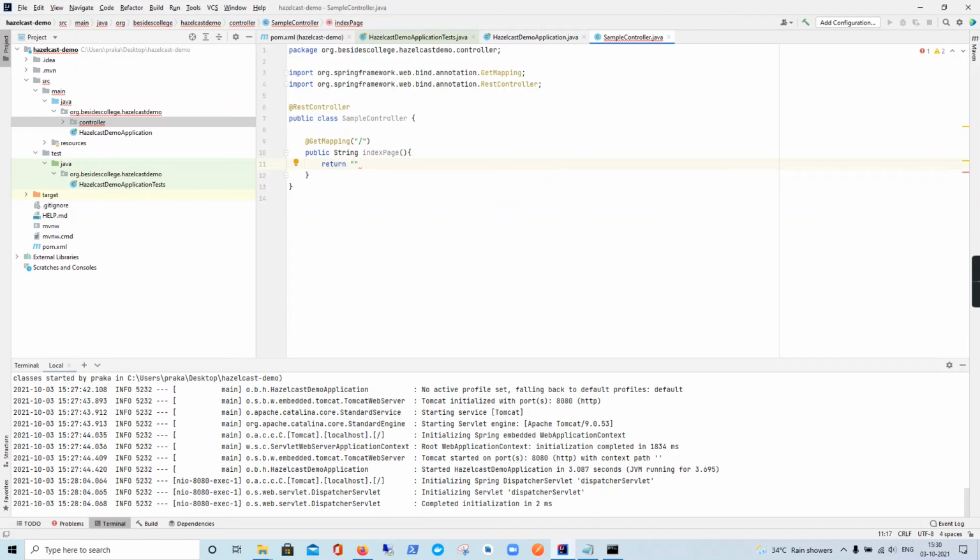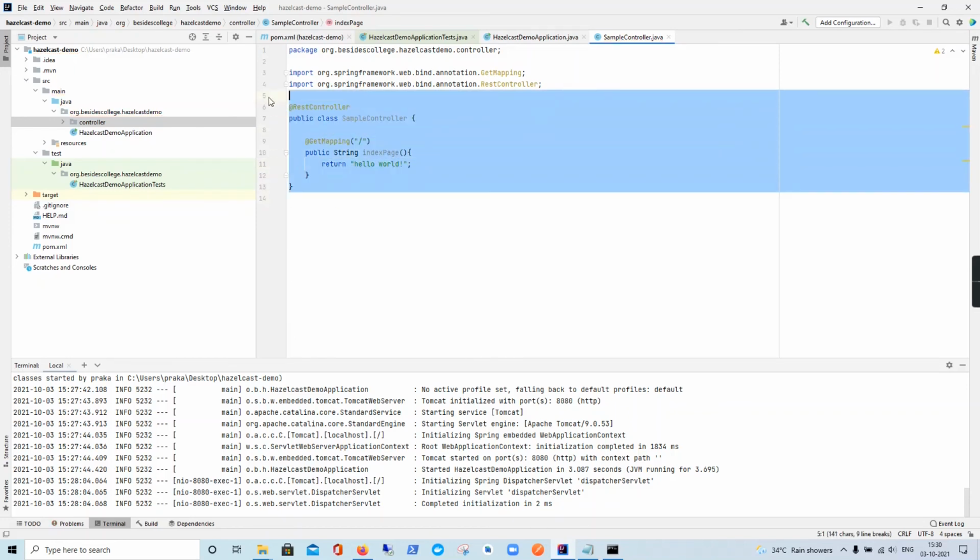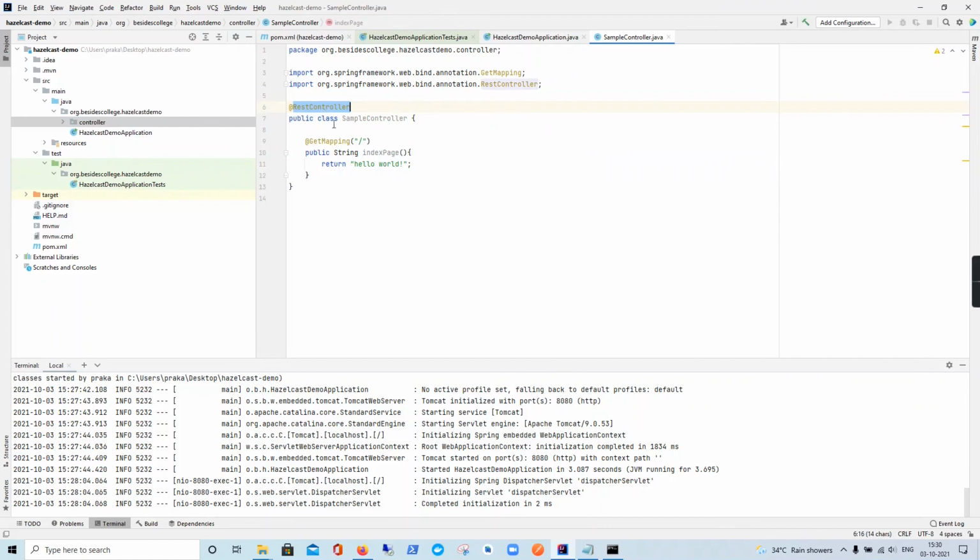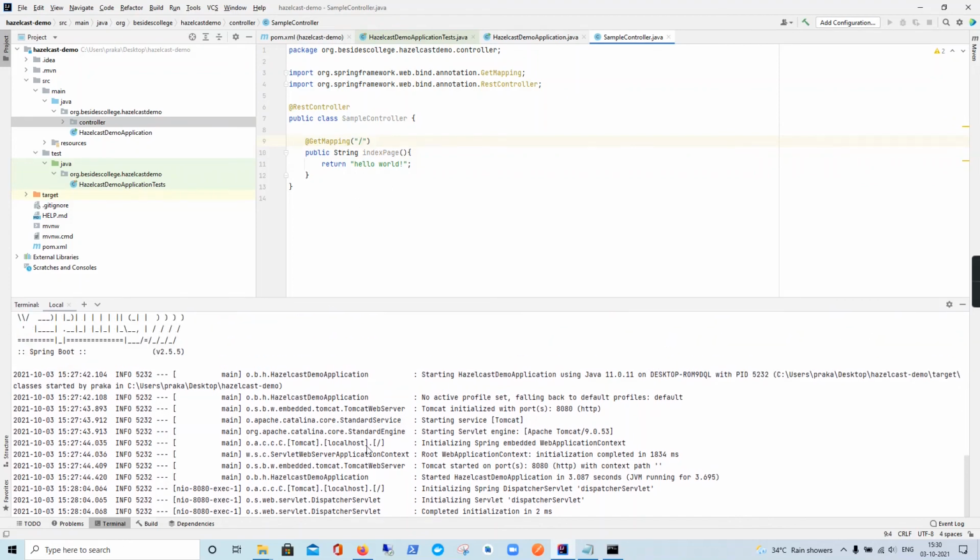Let's say return "Hello World". That's it for the changes. So we have defined a REST service, under that we have defined a mapping for the home page, and it returns the string Hello World.